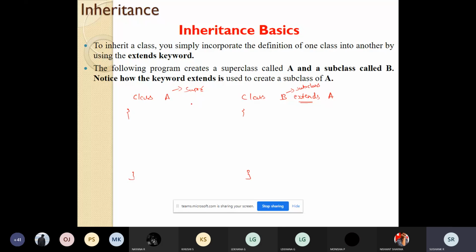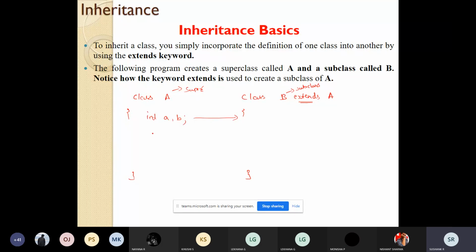After this, if there are two variables called a and b, those variables are available to class B also. Even B can use the variables a and b.